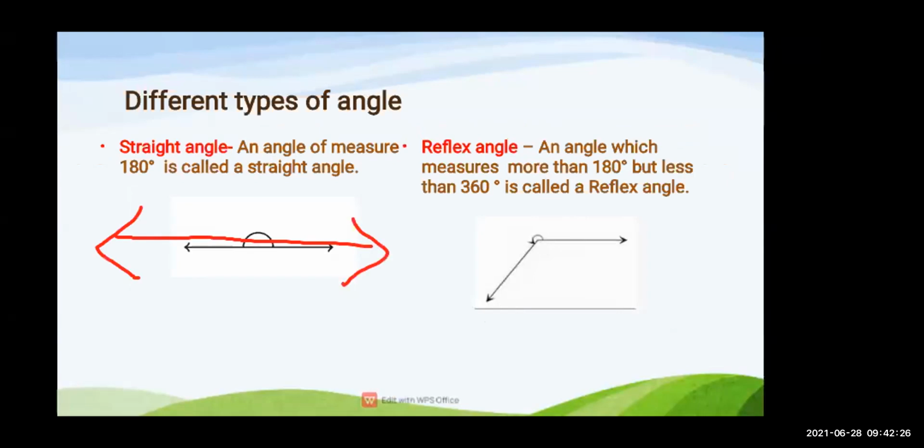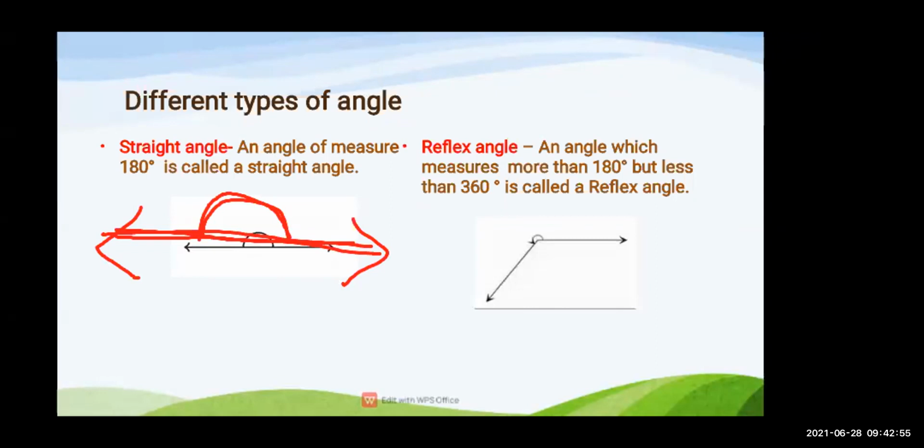which is exactly straight. पूरा एक राउंड कंप्लीट हुआ है. देखो एक पूरा राउंड कंप्लीट हुआ है. कितना डिग्री का होता है वो? 180 डिग्री का. A straight line which completes the degree, that is called a straight angle. And the measure of the straight angle is 180 degree. The measure of the straight angle is 180 degree.